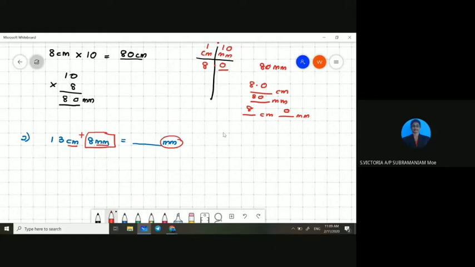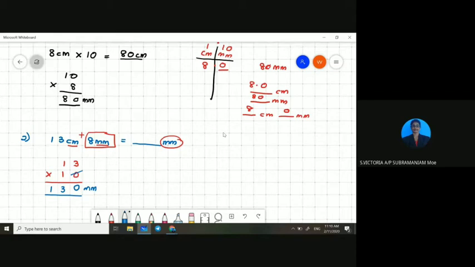When you use the method, 13 we will times with 10, right? So you can write in any way. This 0, you just cut the 0 here and write in your answer. 3 times 1 is 3, 1 times 1 is 1. So you will get 130 millimeter. Our question is not complete yet because there are 2 units involved in this question,